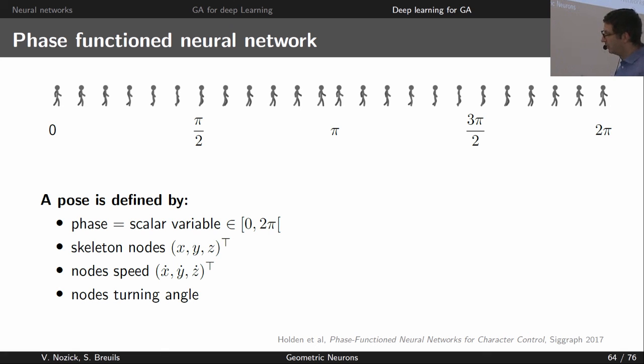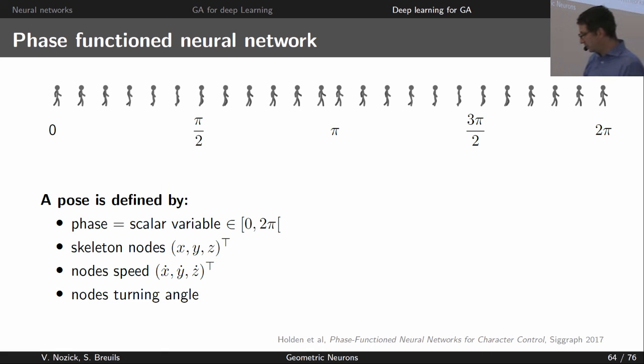So the phase would be to say that if you put the right foot on the ground, then the phase is 0. Then when you put the left one, it's pi. And when you put the right foot again, it's 2 pi or 0. Okay, and here we want to consider only the skeleton of